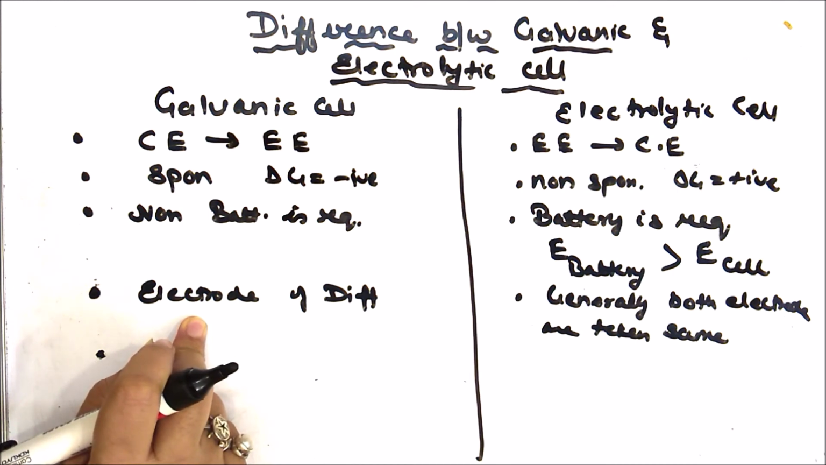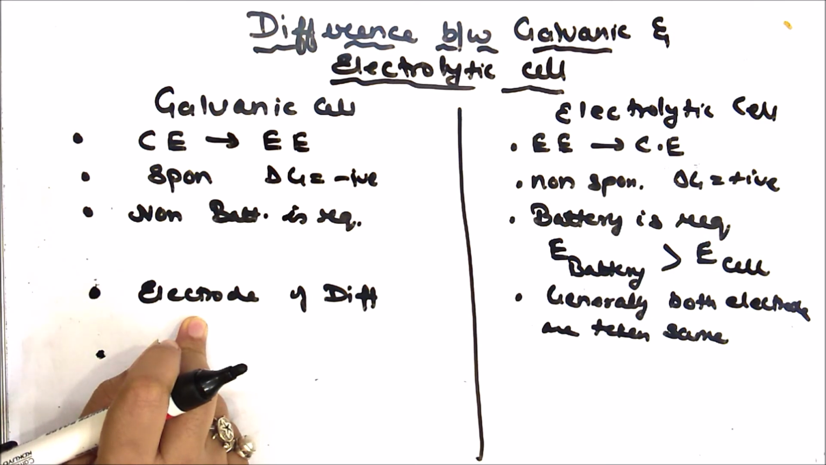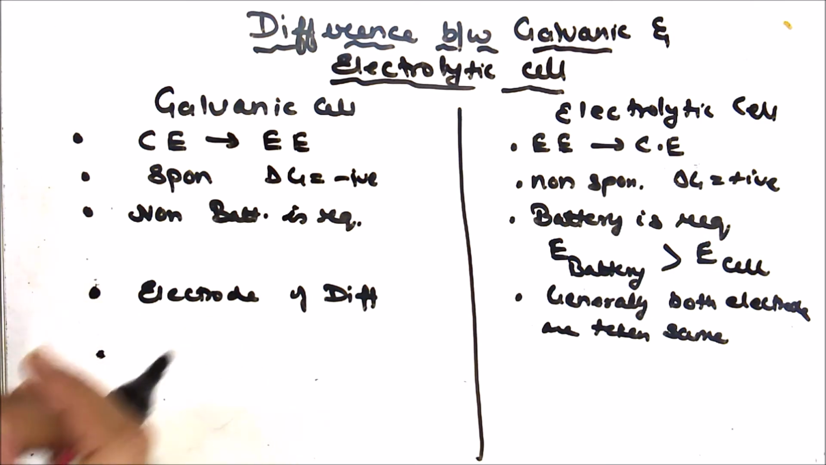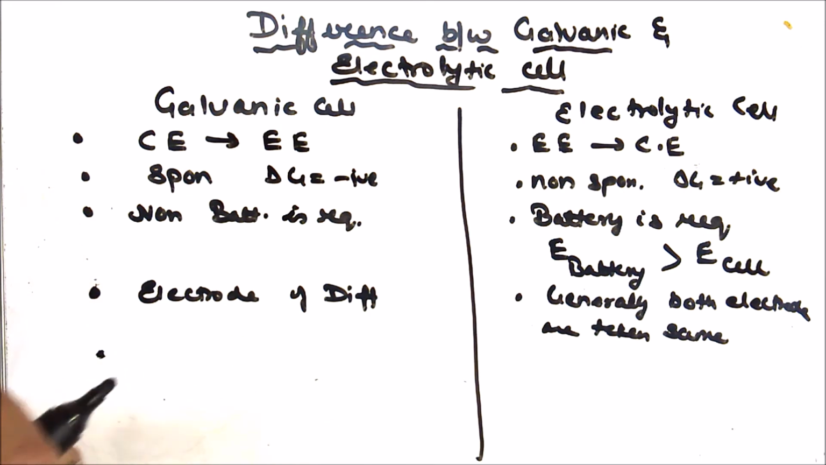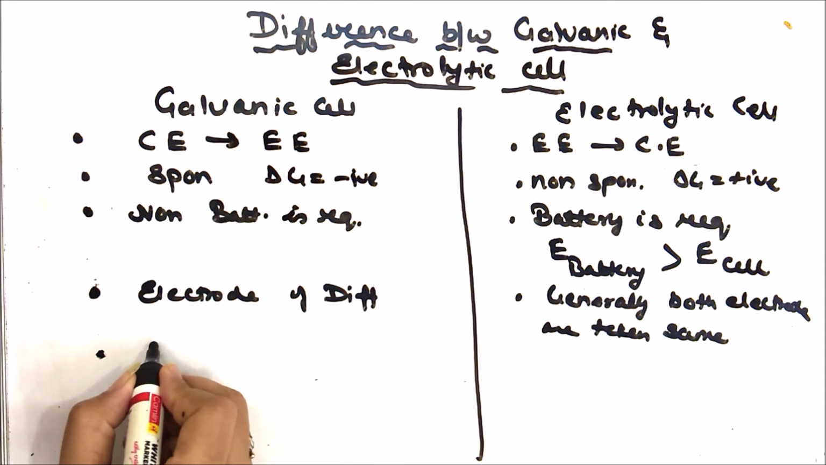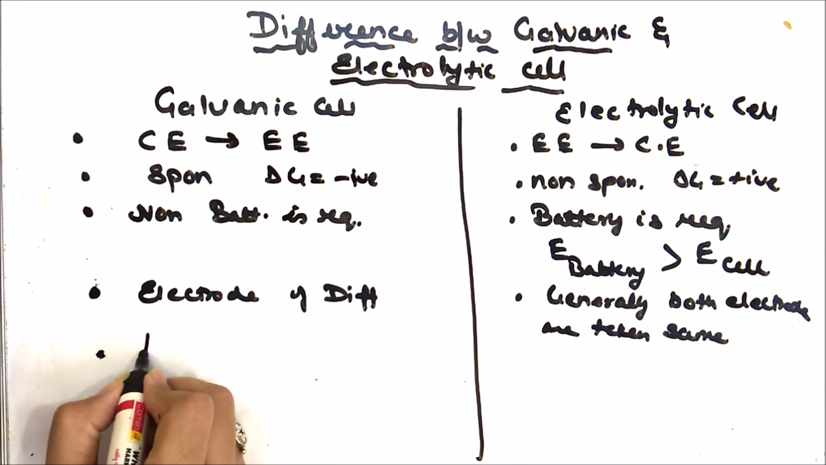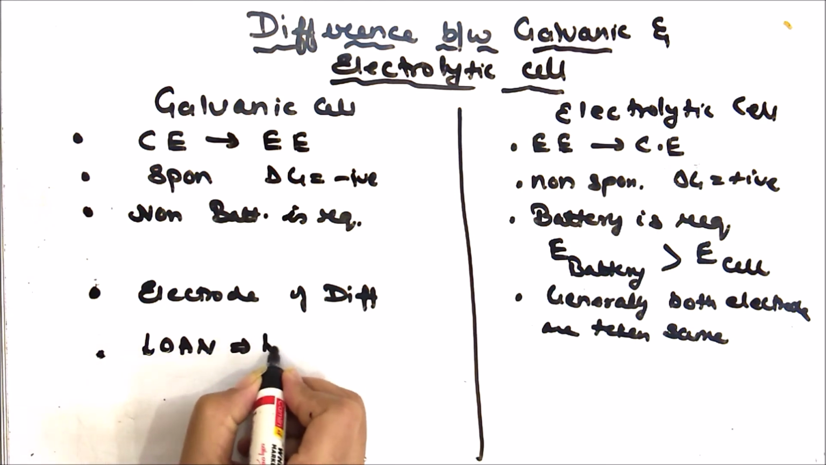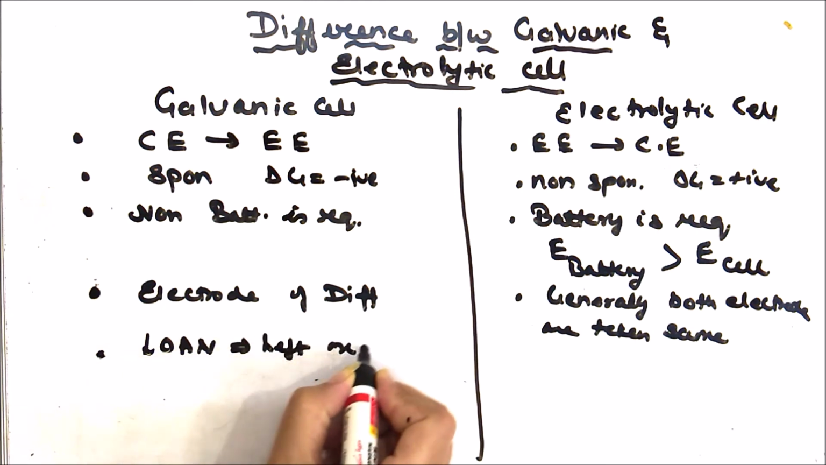And the electrode with higher standard reduction potential acts as a cathode. So the electrode which has higher reduction potential will act as a cathode, and this reaction is spontaneous, right? So students, we can say that over here the trick comes as LOAN. Here the trick comes as LOAN, where L stands for left, O stands for oxidation,